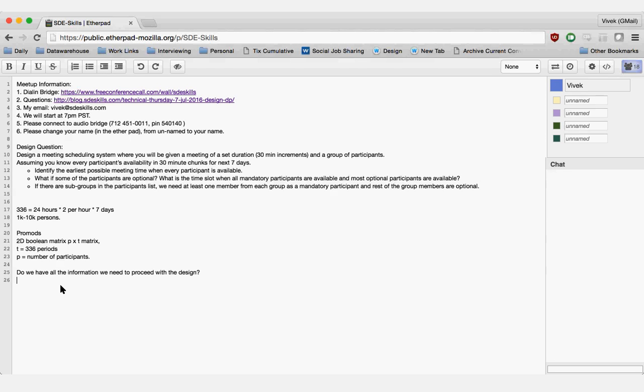Oh, I thought that 1K to 10K persons is the number of participants in the meeting. Yeah, that is the size of the organization. Okay, fair enough, I could be easily mistaken. That's a fair point. So 1K to 10K is the number of persons in the organization, and a meeting typically would contain anywhere between 2 people to say 100 people max.